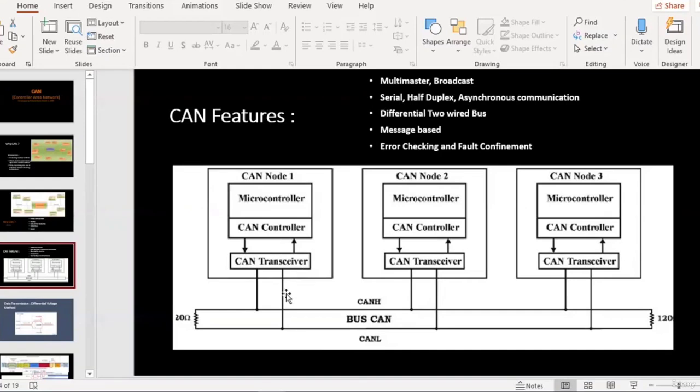Okay, and the transceiver has a CAN high and a CAN low line connected to it, and inside the transceiver there is an arrow going up and another arrow going down. These lines are called TX and RX.